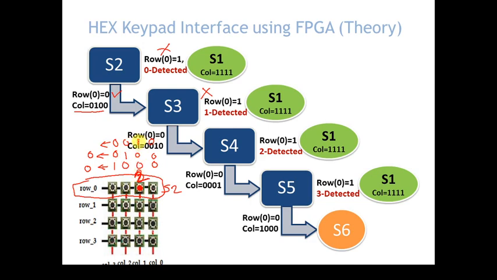Now because of this, the column value is 1 and this key is pressed, so row of 0 value becomes 1. So right now we are in S4 state. After that we have to go to S4 state. Now in S4 state we have to check if row of 0 is 1, yes, row of 0 is 1 and we have detected that the key pressed is 2. Understood? If we detect the key, immediately we have to switch to the S1 state and make column equal to 1. So we are ready for the next key detection. I hope this gives a better understanding of the key detection.